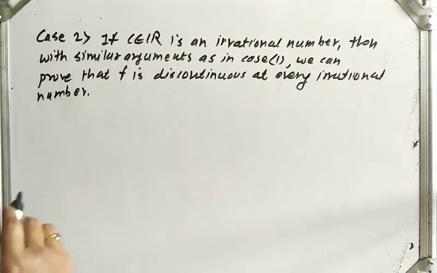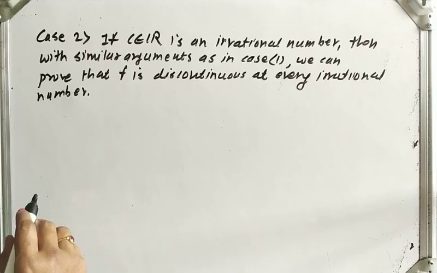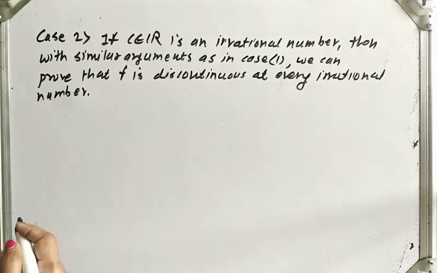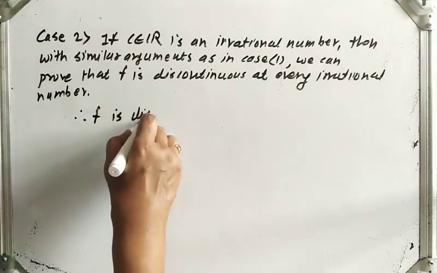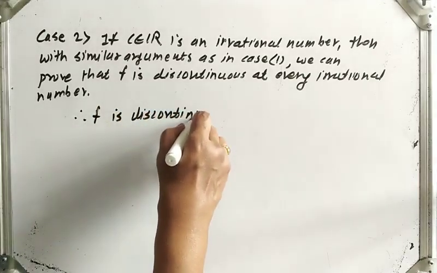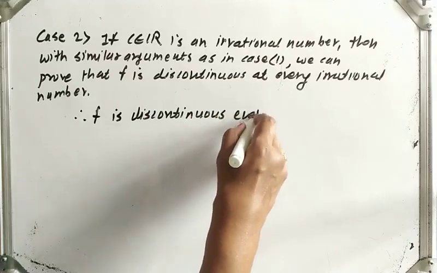Okay, now function f is discontinuous at rational, also discontinuous at irrational, therefore we can write, therefore f is discontinuous everywhere